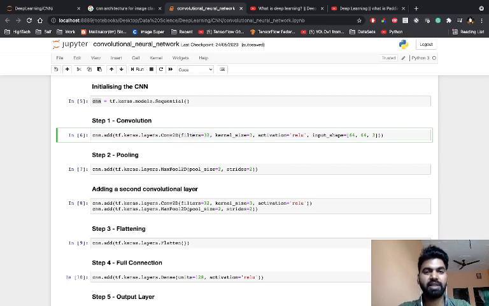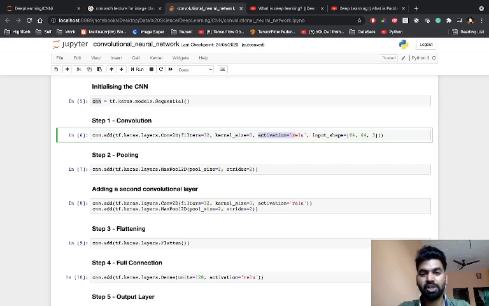Basically, with filters we are trying to capture the inputs from the data. What does that mean? We are giving a set of images, and in the set of images we filter those parts and get the features. So I can say we get the feature matrix by applying these filters. And here is the kernel size, and the activation function I'm using is ReLU, because we want to drop the linearity as much as we can and achieve non-linearity, so we use the ReLU activation function.